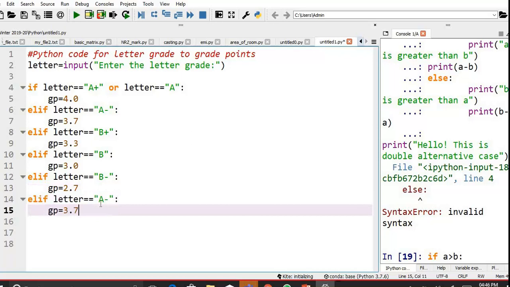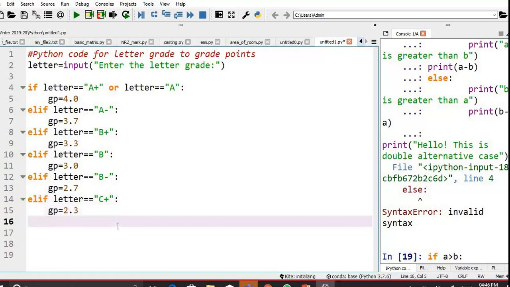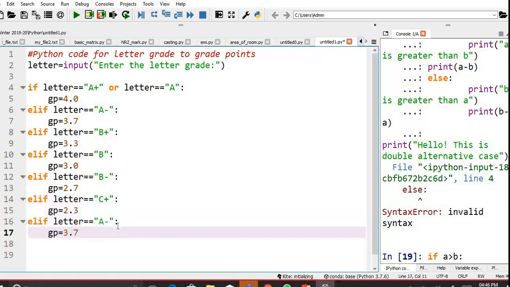If it is C plus, grade point is 2.3. See, directly from the table we are just editing. We need to ensure that the syntax, indentation, everything is correct.